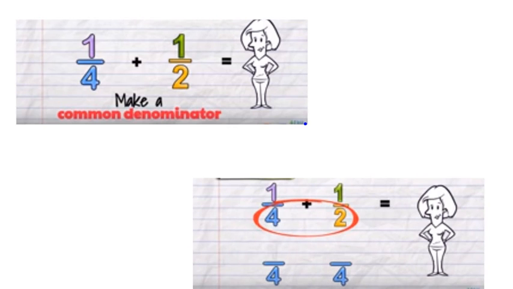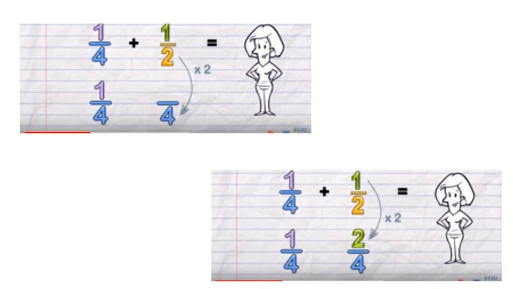Now, how this 2 can be converted into 4? With the help of multiplication. So, what we will do? We will find the equivalent fraction for 1 by 2. How 2 becomes 4? By multiplying it with 2. So in equivalent fraction you have learnt whatever you do to the top, you have to do it to the bottom. So if you are multiplying the denominator with 2, you have to do the same with the numerator. You have to multiply the numerator also with 2. So you get the equivalent fraction of 1 by 2 as 2 by 4.